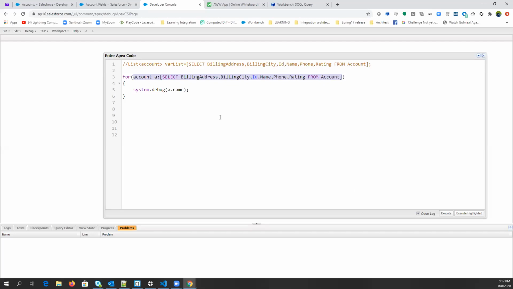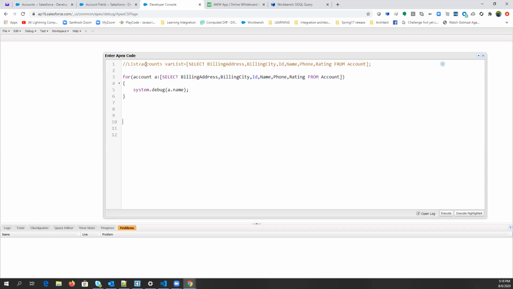But in another case, if you want this particular list data to be used in a different business logic, then if you use it like this, you have to requery that data for that logic.